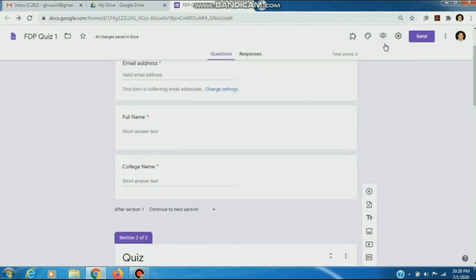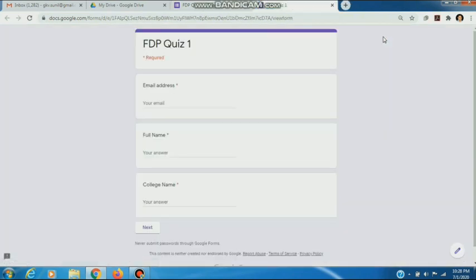We can also see the preview from here. FDP quiz 1. It will require email address, full name, college name. Next appears here because we added the next section. If we do not add a section, then the questions will appear after this information.